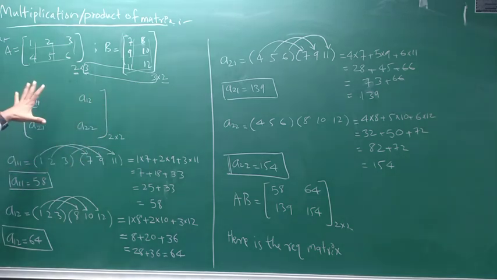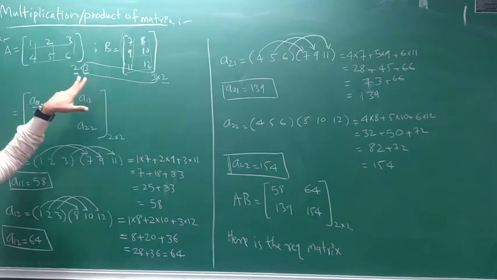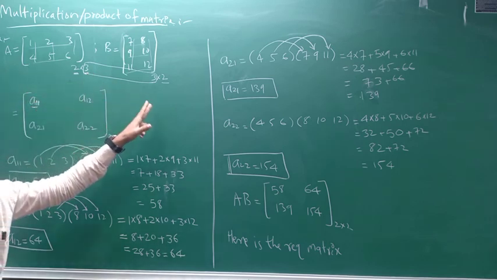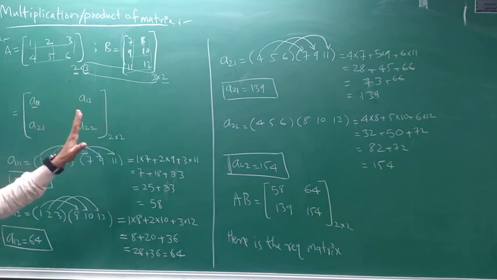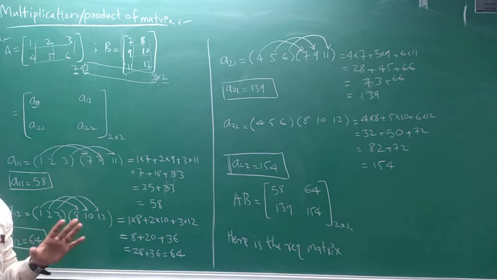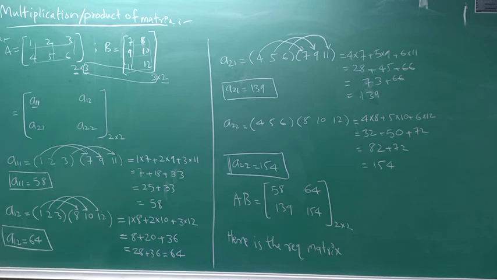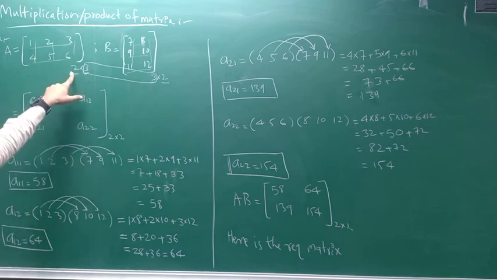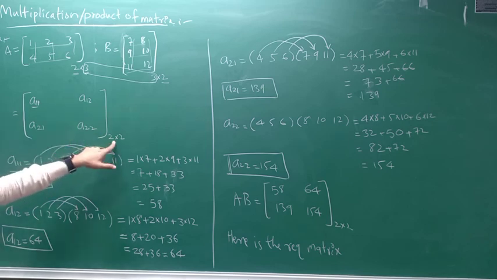Then what we have done, first we need to check whether the number of columns of the first matrix and the number of rows of the second matrix are the same or not. If they are the same, at that time they are applicable to solve. Otherwise, it is not possible to solve the matrix. Okay, so now here we proceed to the next step. After checking this, our required matrix will be 2 by 2. So here we got the 2 by 2 matrix.